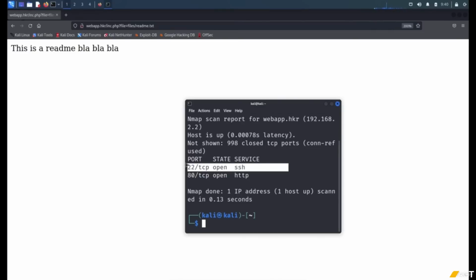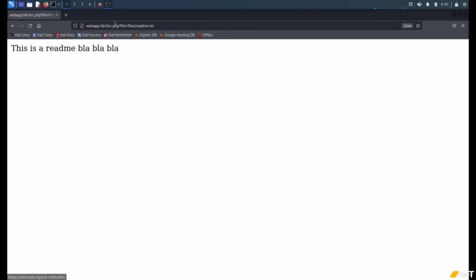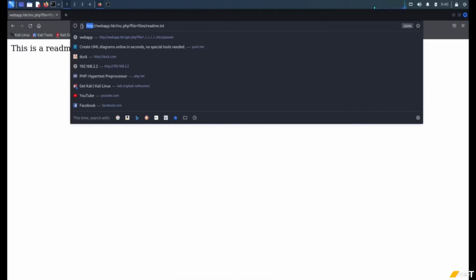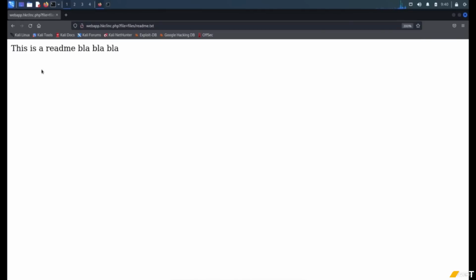Now, I have a course on SSH if you want to learn a lot about SSH, but basically it gives you terminal access into the server, into the computer, and allows you to run commands. Now, it might be that it is password protected, so you need an actual password to log in. The other thing is HTTP. Now, that's a web server. Any website that you open starts with HTTP or HTTPS. That is the protocol, so in this case a web server. So we have a URL here,